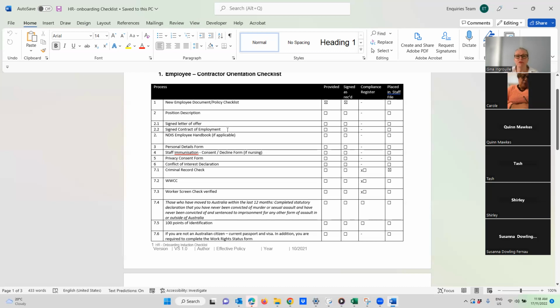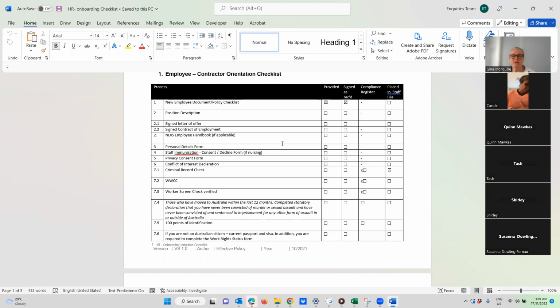Well, you've got to have an employment contract. So having a signed letter of offer is great, but we really are more looking for that signed contract of employment. I did put the letter of offer in there because people used to say, what about a letter of offer? I'll say, yep, if you've got it, you've got it. It's even better. Now, employee handbook, it is not a requirement. And I know that most of your audit companies have taken to sending out. The audit companies are very selfish, and auditors can get a bit prescriptive when there's no need for it.